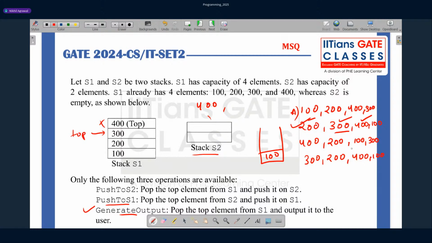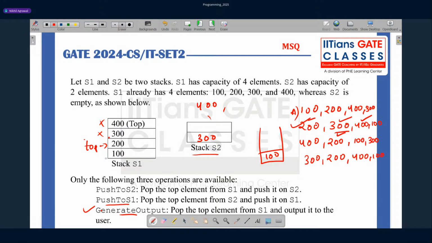I want 200 and 100, so what I'll do is push to S2. Sorry, push to S2. So 300 will come here, and now my top will be here. Now I can perform generate output, so I got 200. Then how can I get 100?